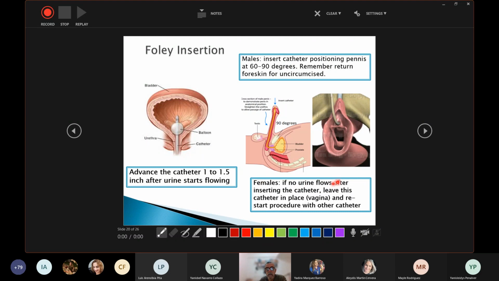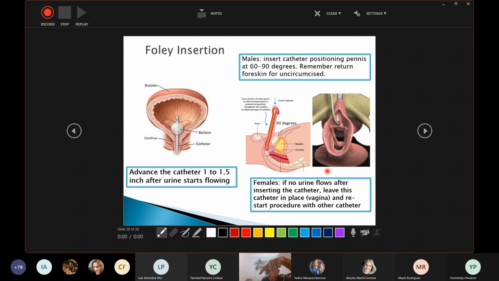In females, the most common situation is that when you introduce the Foley, you don't obtain urine. It means that the Foley is in the vagina, behind. So you miss the urethra. What is important is that, without releasing the opening of the labia, keeping the labia open with your non-dominant hand, you request another sterile catheter, and then you go above the Foley that failed to find the urethra.